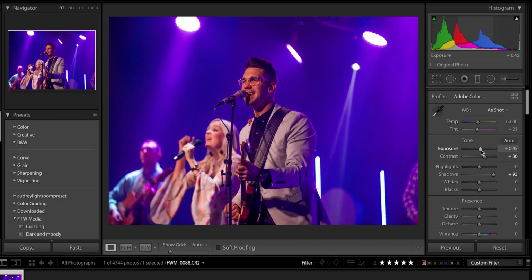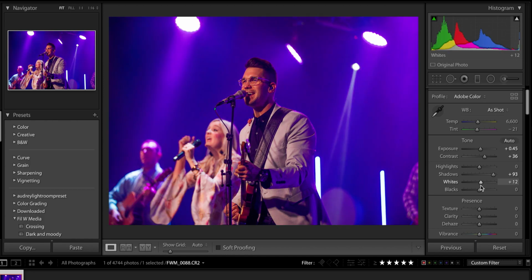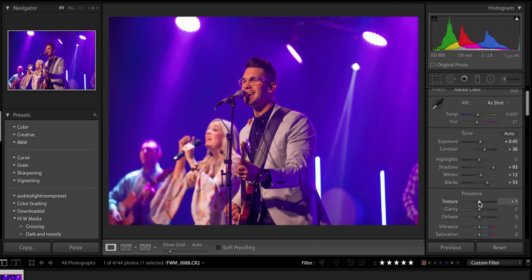to right about there. Whites, I don't generally touch too much because you can really ruin a photo by going one way or the other too extreme. So I move them ever so slightly. In my blacks, I'll bring up ever so slightly. Texture is one of those faders that you can go mild or wild with. And again, you need to be real careful with these sliders. So I don't go too crazy with it, plus 17.